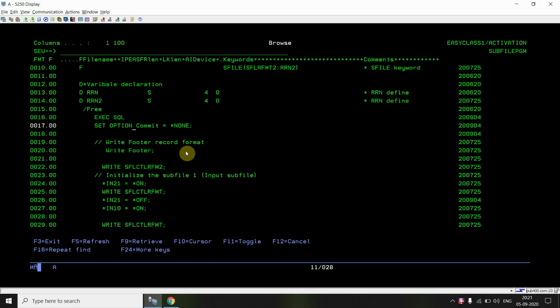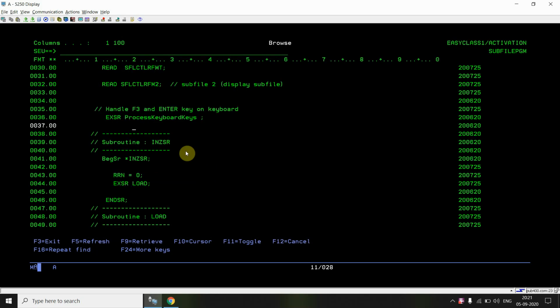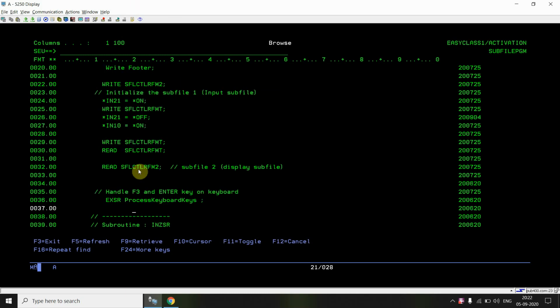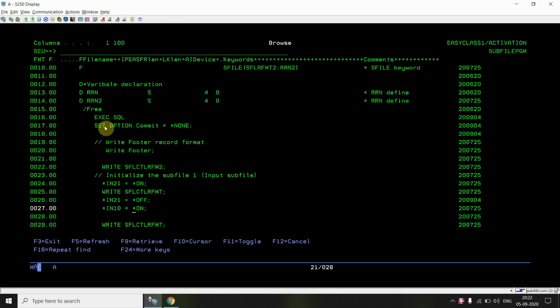So we will be setting the commitment control option to *N, since commit control is not active on that file, so that our queries work without any issue. This is the starting point. This cannot be inside the initialization subroutine. This must be the first statement in the program. We know the first thing executed is the initialization subroutine, which is not called from anywhere in the program, that is automatically called, but this line has to come first, even before the initialization subroutine. So this is the top line in the code.